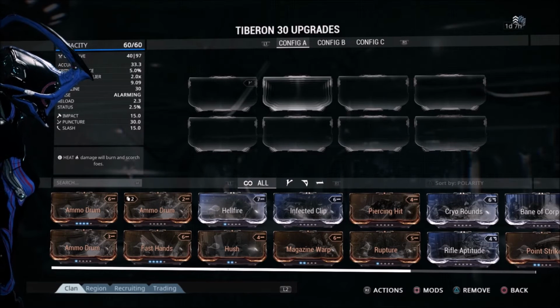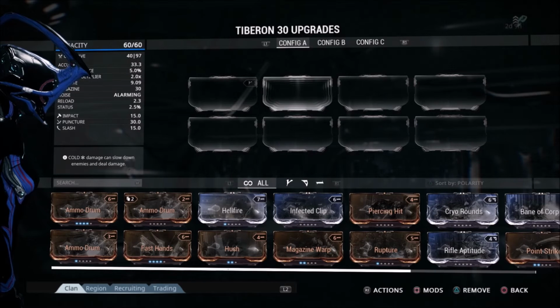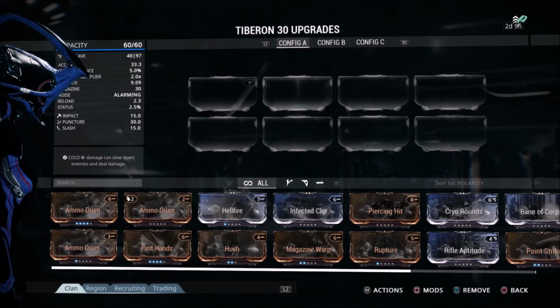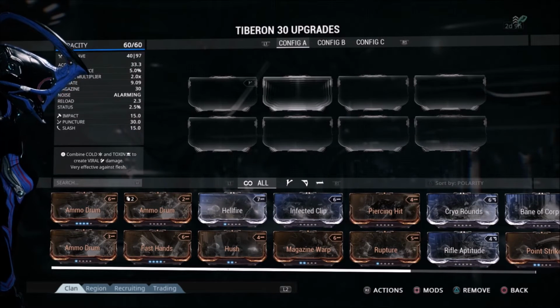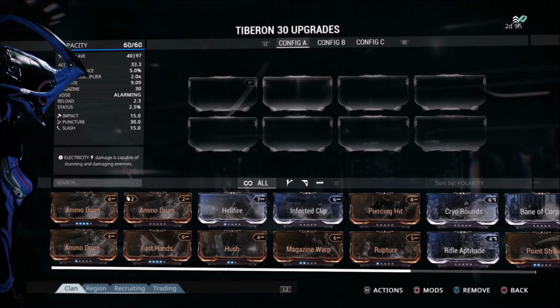You have a gas damage combo, which is heat plus toxic. That's an AoE poison effect. You have a magnetic damage, which is cold plus electricity, which reduces shields and also adds an extra amount of energy drain. That's why that's so good against the Corpus, because a lot of those guys use shields, so you